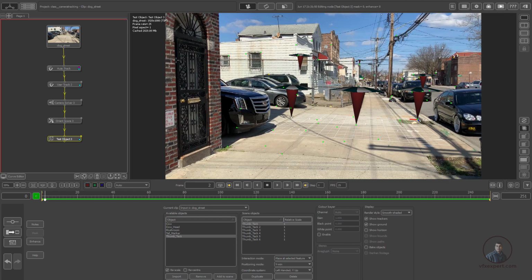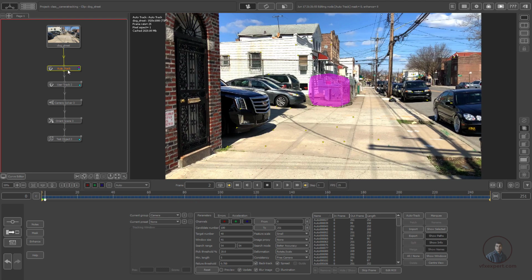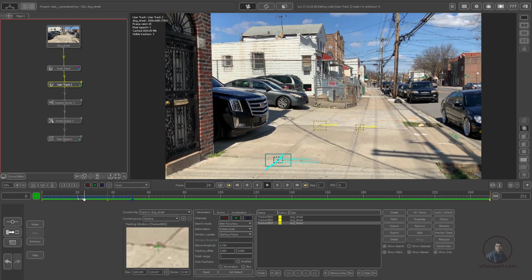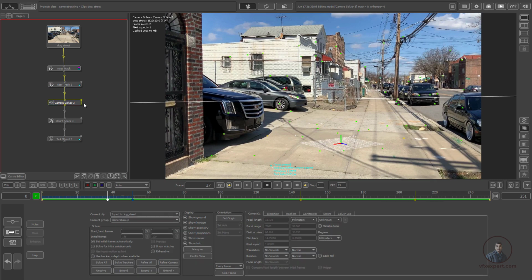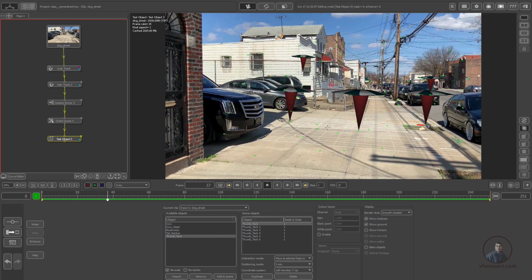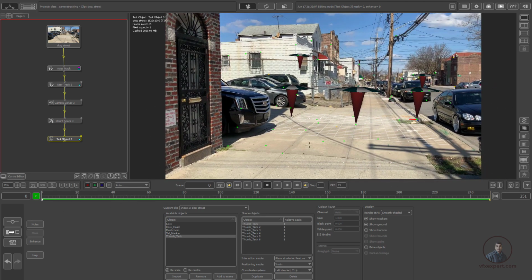Here, if you want, you can see this is our original shot. Then after this I have tracked some points with the help of auto track. Then these 2 or 3 points I have tracked with the user feature. Then I have solved my camera. Then I have oriented our scene. Then finally I have created some 3D geometry here just for testing our scene. So now after this I am going to export this camera data for Maya.